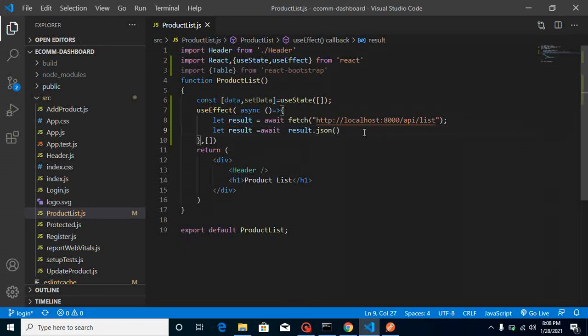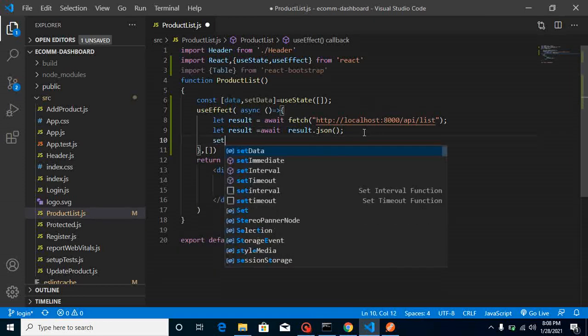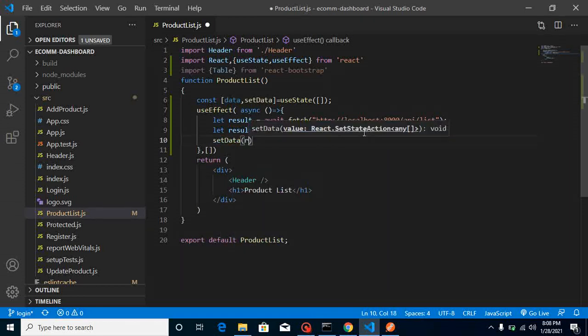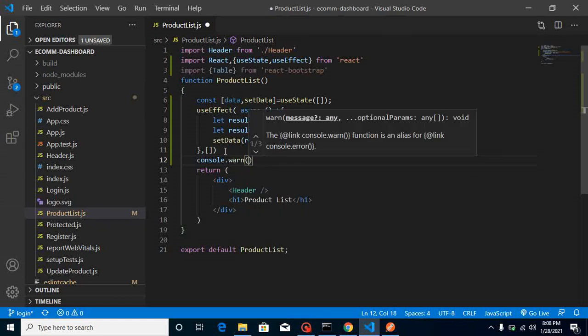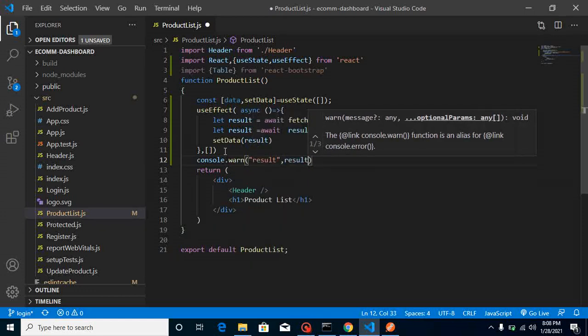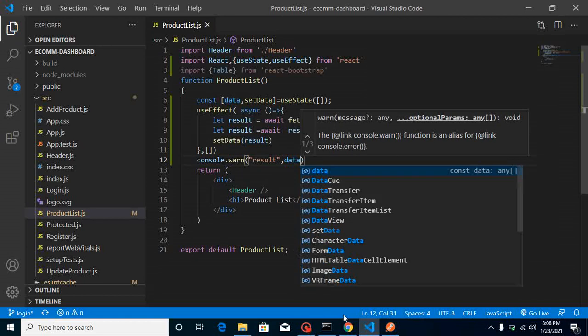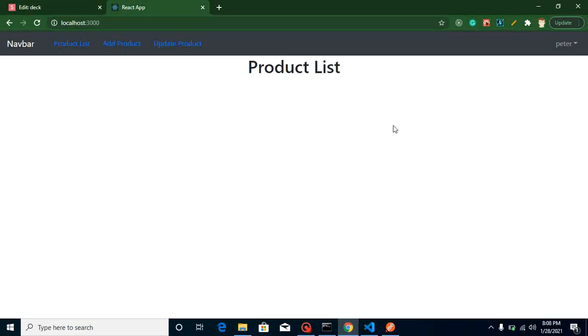After that, let's set data with this result, and now our API data will be inserted in our state. So how can we check it? Let me check it first of all, then we will move on to another part, right? Just write console.warn result, and here we can simply use data, and let's check what we are getting inside this data.